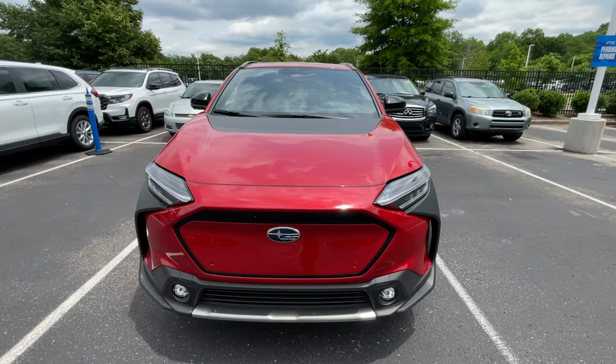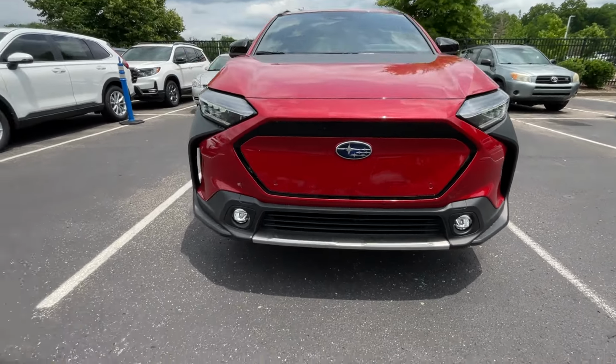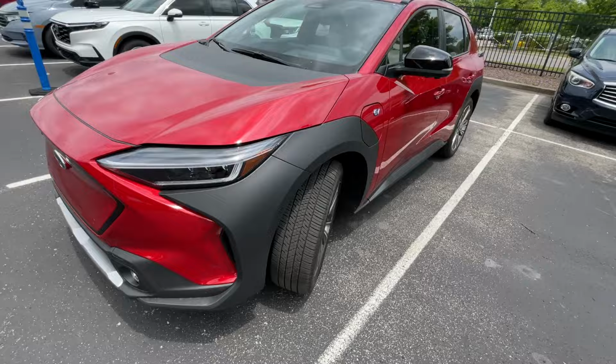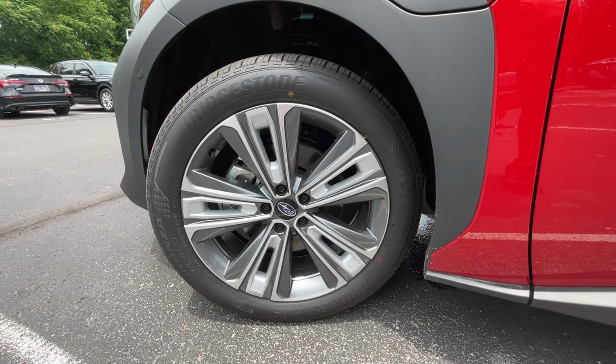But as we come around to the front end here, LED headlamps along with LED daytime running lights and LED fog lights. And as we review the vehicle, you'll see how many things that this shares with the BZ4X by Toyota. But down here we get 20-inch alloy wheels,